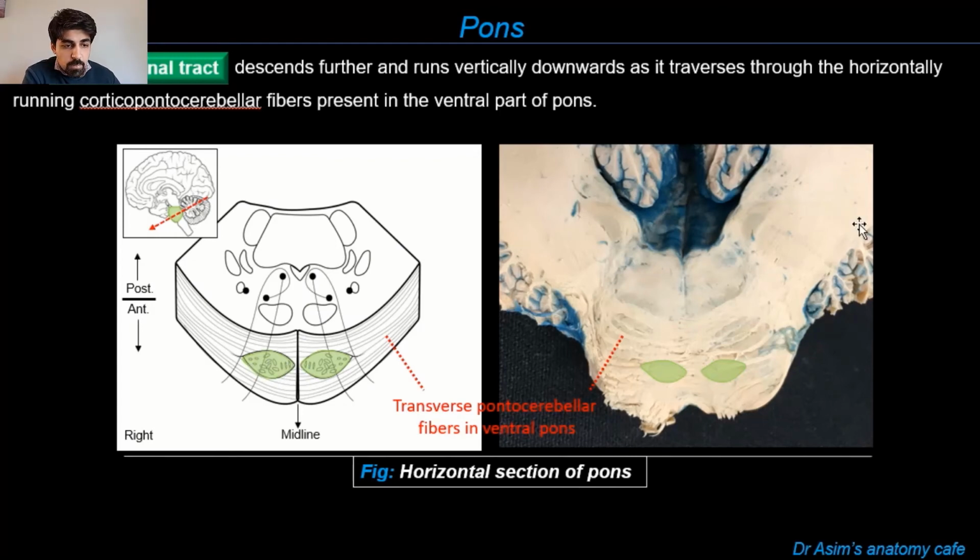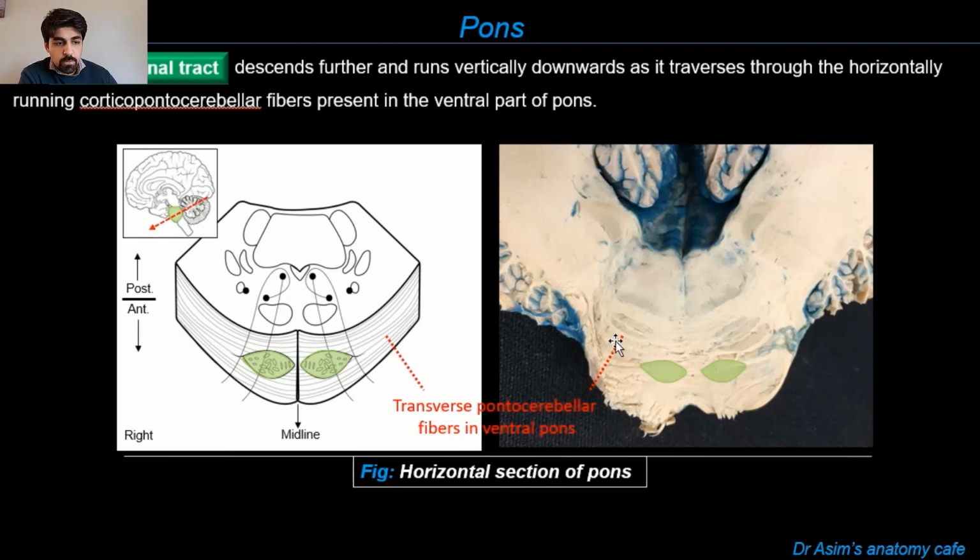In fact, when you look at a cross-section of the brain, these horizontally running fibers are the hallmark of the pons, and these are actually a nice identification feature with the help of which you can identify a cross-section, a slice of the pons. You can see these horizontal fibers here nicely, and you can see the corticospinal tract fibers descending down through the